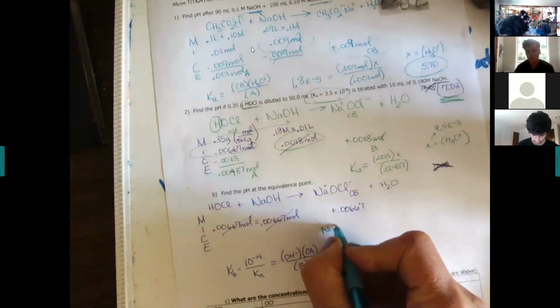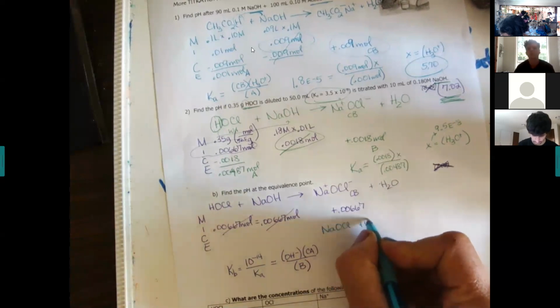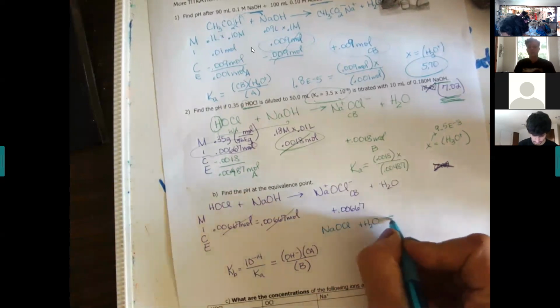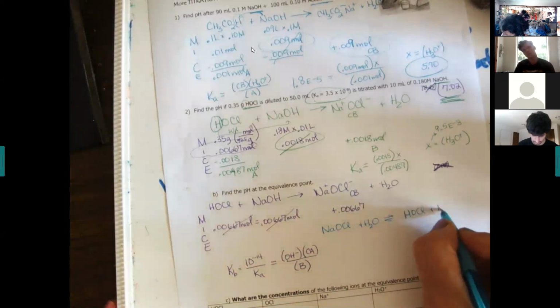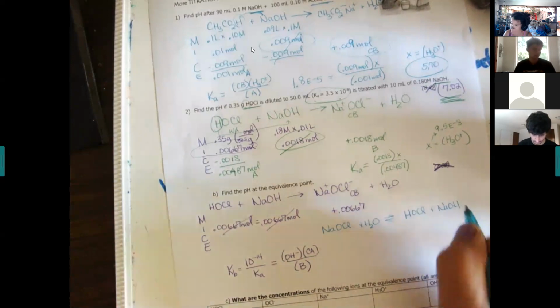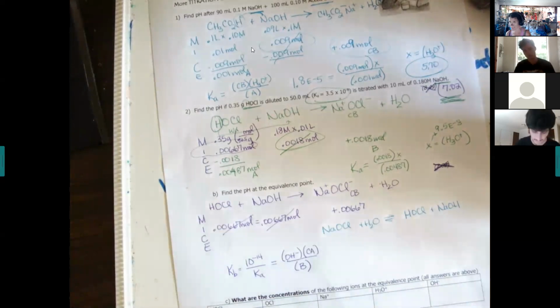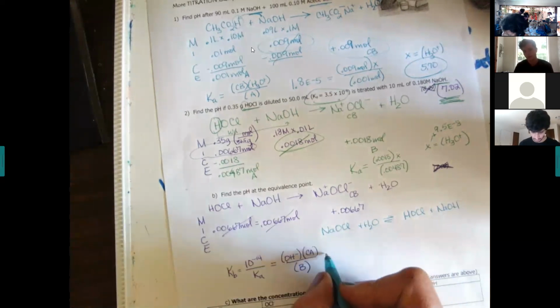What happens, I don't write the second equilibrium, but I will write it here just for your information, is that the NaOCl in the water actually goes through an equilibrium where it goes back to some of the HOCl and some of the NaOH. A very small amount. If you remember the percent ionization problems, they're usually less than 1%. All right, it is x squared